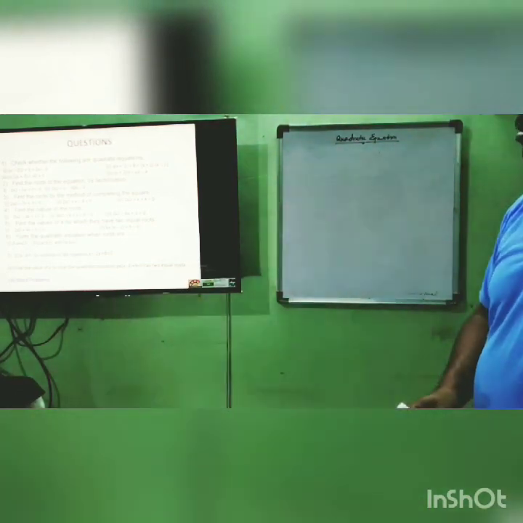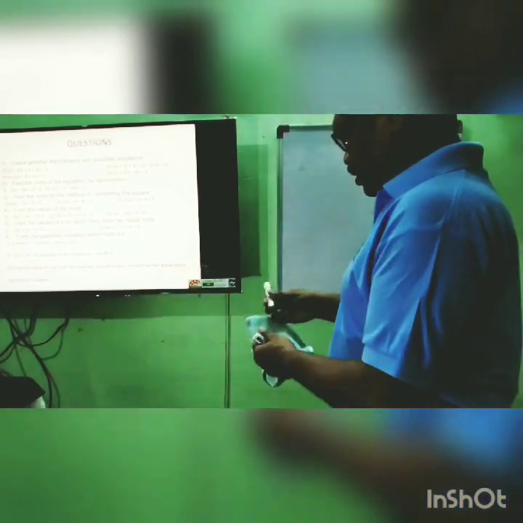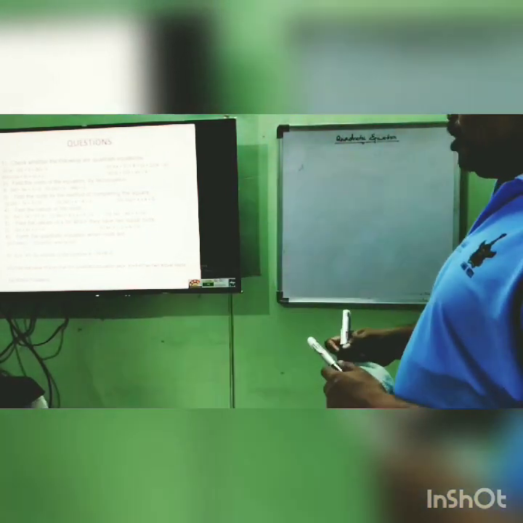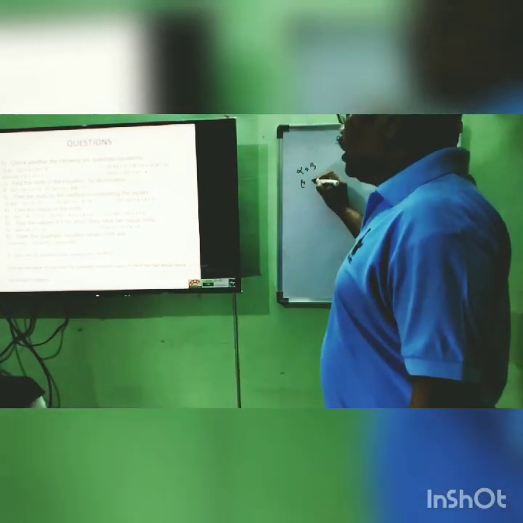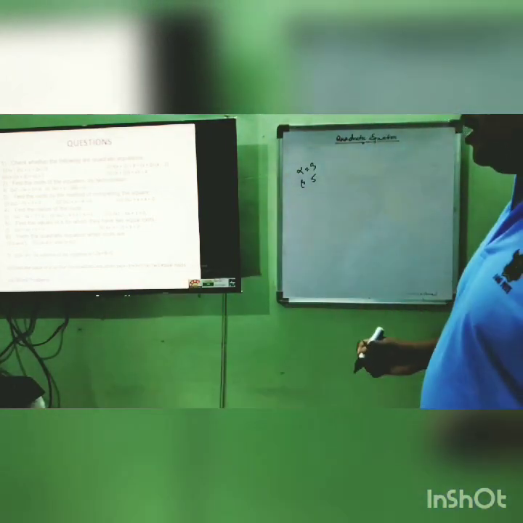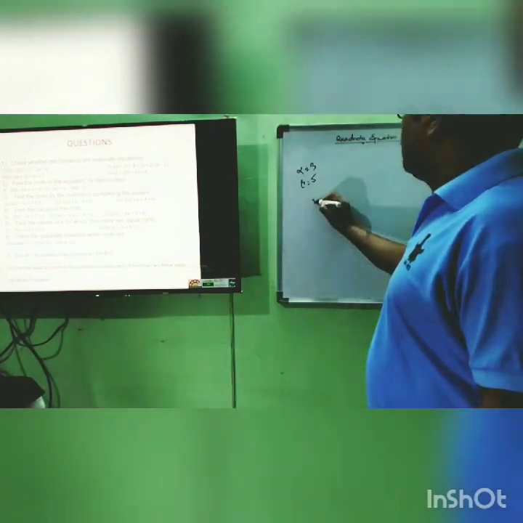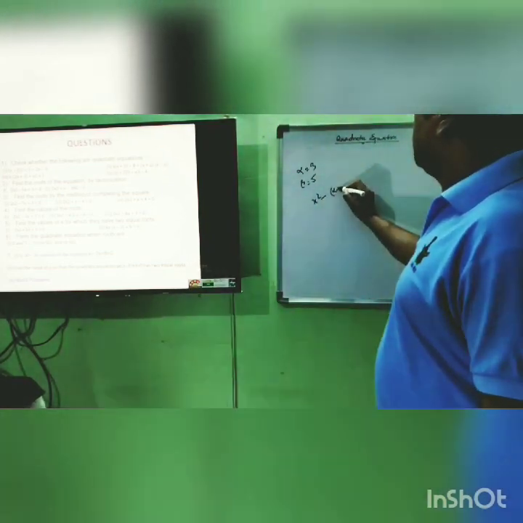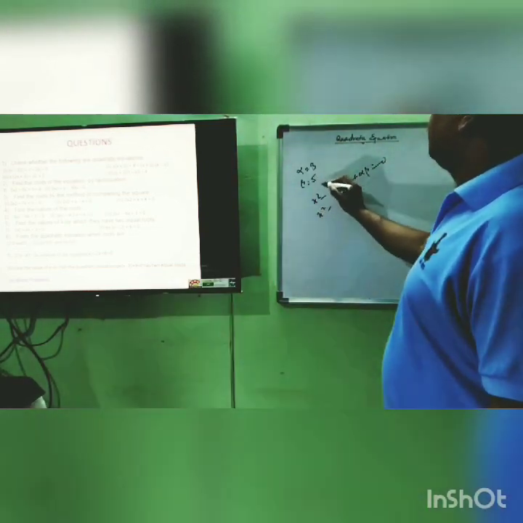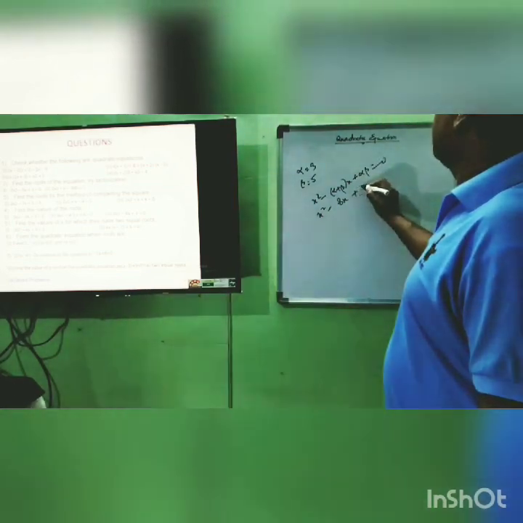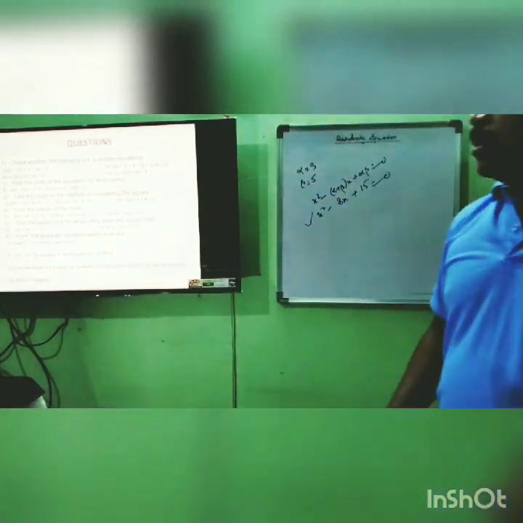Similarly, form the quadratic equation when the roots are given. Your alpha and beta are given. That time they will ask to find the quadratic equation. Alpha and beta are given as 3 and 5. So what will be the equation? x square minus (sum of the roots) x plus product of the roots equal to 0. Sum of the roots 8, product of the roots 15. This is the equation, very simple. You can calculate it like this.